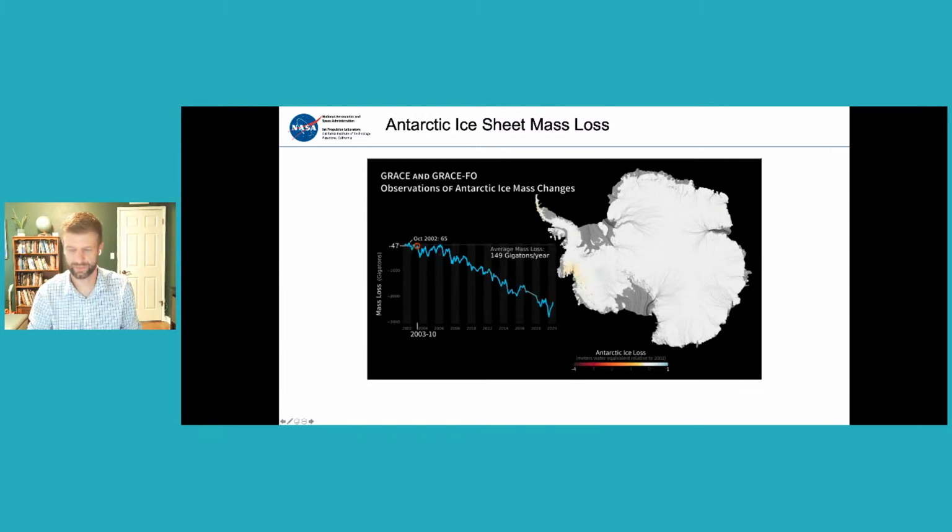It's a little more complex here because parts of the Antarctic Ice Sheet have actually been gaining ice in some locations, but the overall ice sheet has been losing mass over this time period. And here we have appended the GRACE follow-on measurements that started in 2018. One note, unlike the altimetry missions, there was a slight gap between GRACE and GRACE follow-on, so we didn't have the overlap, which would have been very helpful. But here you can see that the West Antarctic ice sheet is particularly problematic in terms of how much mass it's losing.